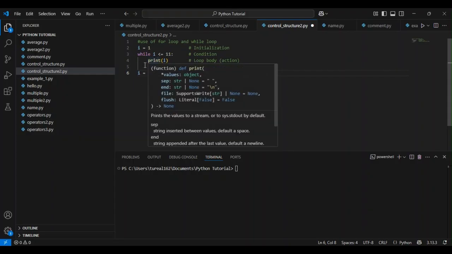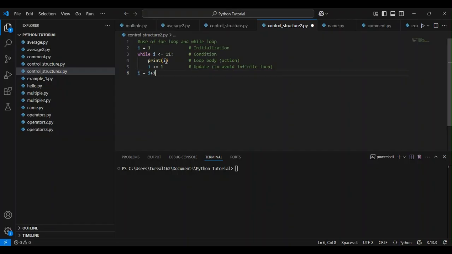So when this value is printed, if it prints 1, the second one will be 1 plus 1, which will be 2. The next value to be printed will be 2 plus 1, which will be 3. The next one will be 3 plus 1, which will be 4, until it gets to a point where it